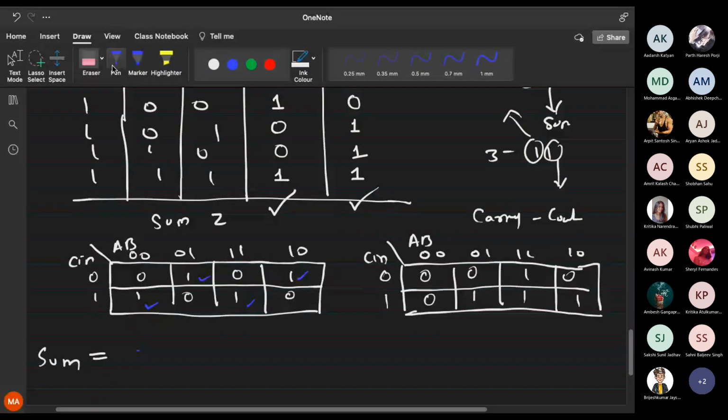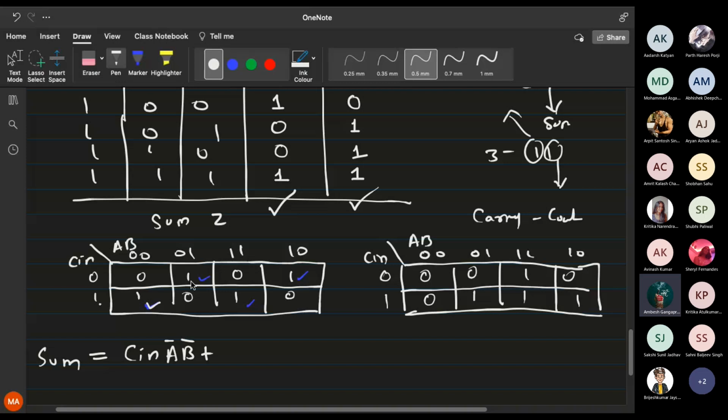भूल गए हो क्या सब लोग? Come on, tell me for this one. Just look at this one and tell me what is the value of C in. It is 1. Value of A is 0. Value of B is 0. So what will be the equation? C in A bar B bar, plus. Just tell me for this one. C in bar, plus, sorry, C in bar A bar B bar, plus for this C in AB, very good, plus for this one